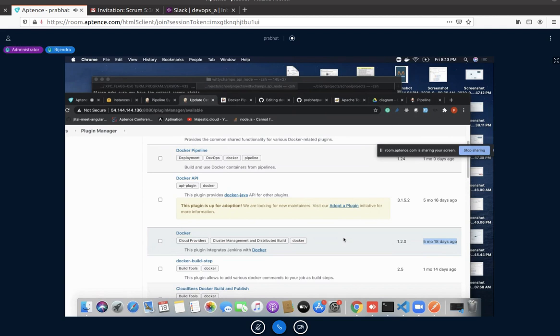I want to build that with Maven. Which Maven plugin do I use?